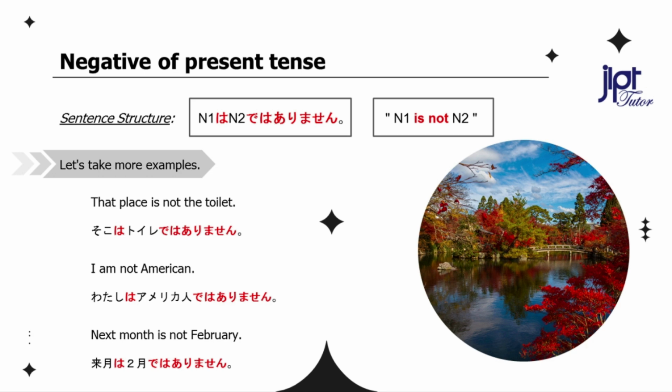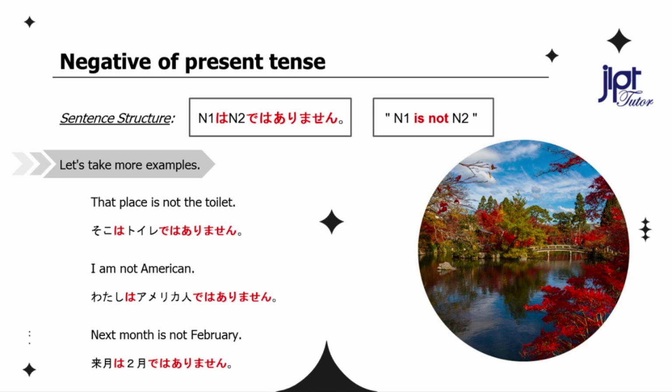That place is not the toilet. そこはトイレではありません。 I am not American. 私はアメリカ人ではありません。